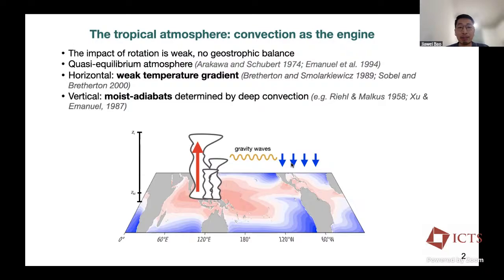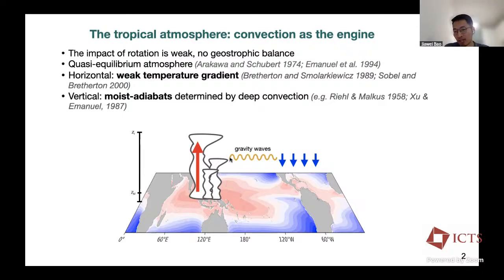This basically makes convection very important, leading to a quasi-equilibrium atmosphere. So any instability in the tropical atmosphere will quickly be removed by convection. So how does convection achieve this? We know that convection acts to warm the air around it, and this will create density differences. However, because the planetary rotation is very weak,